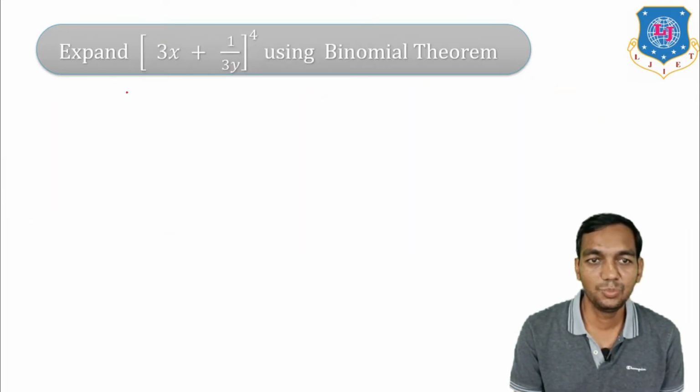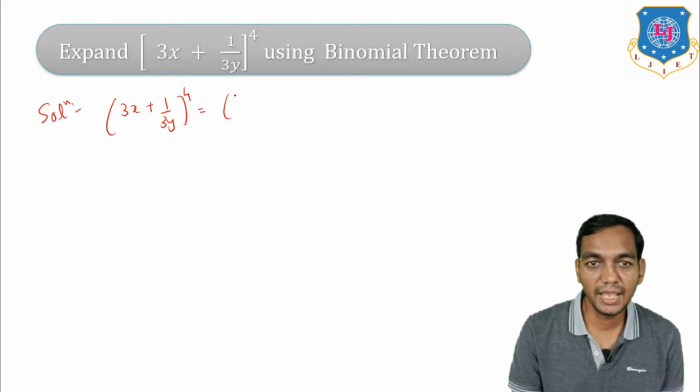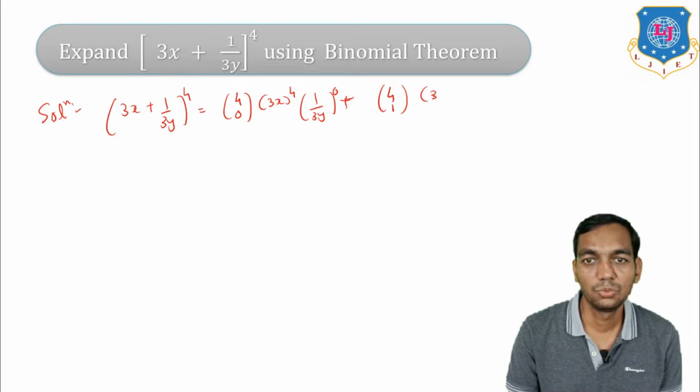Now we are going with a typical example. Here we have to expand (3x plus 1 upon 3y) raised to 4. So first of all, n is 4, so 4C0 into (3x) raised to 4 into (1 upon 3y) raised to 0, plus 4C1 into (3x) raised to 4 minus 1, that means it is 3. In the same manner (1 upon 3y) raised to 1,